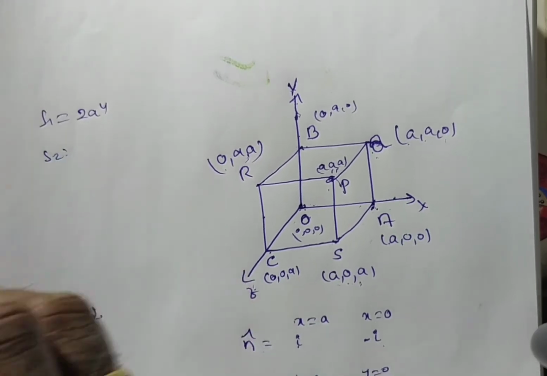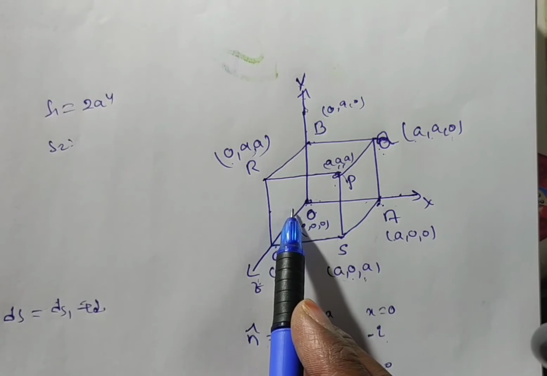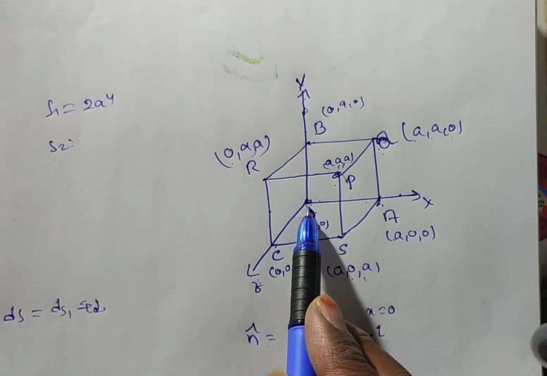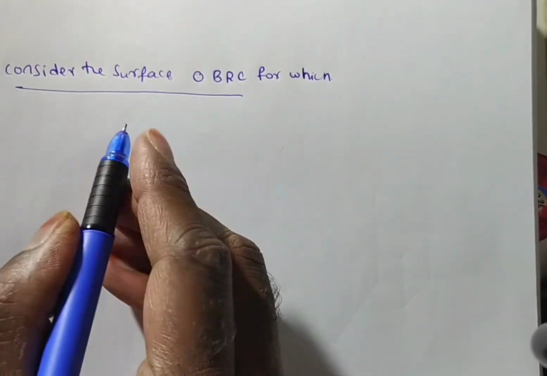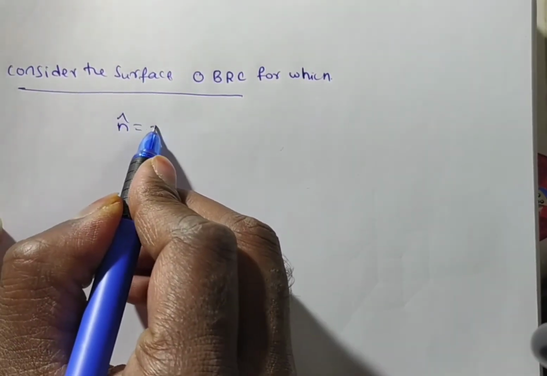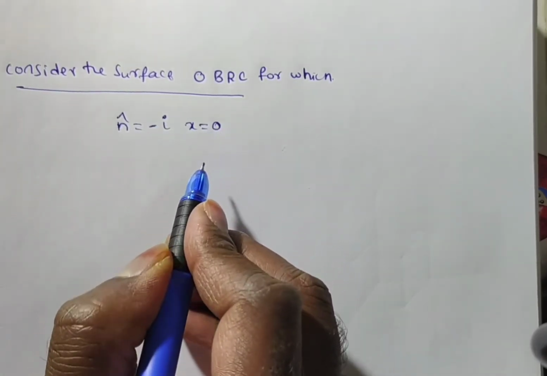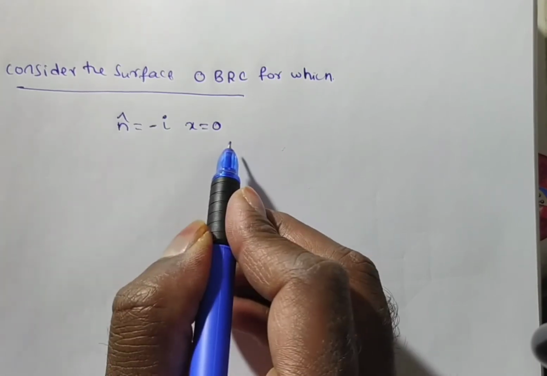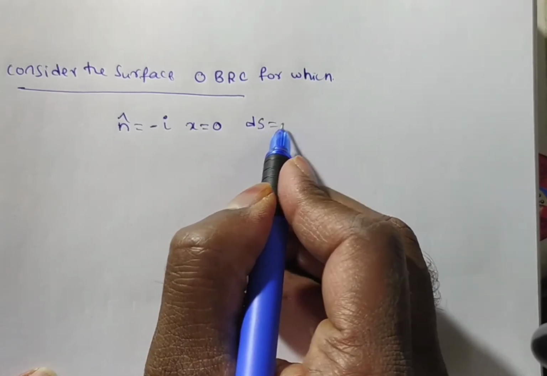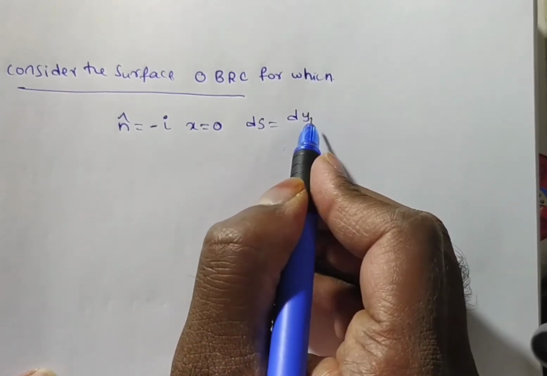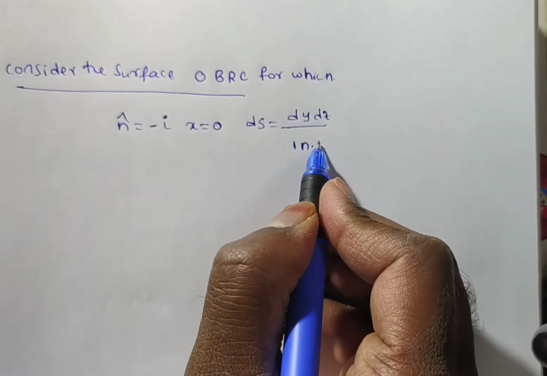Now we have to find out S2. S2 is nothing but here along the x-axis positive direction we are done. Now negative direction in this case here you see along O B R C. See, along O B R C we are doing in this case outward unit normal vector n bar will be what? Minus i, and at this point x value is at the origin na, that is x is equal to 0. So y is only moving in this case. So dy and dz are moving here.